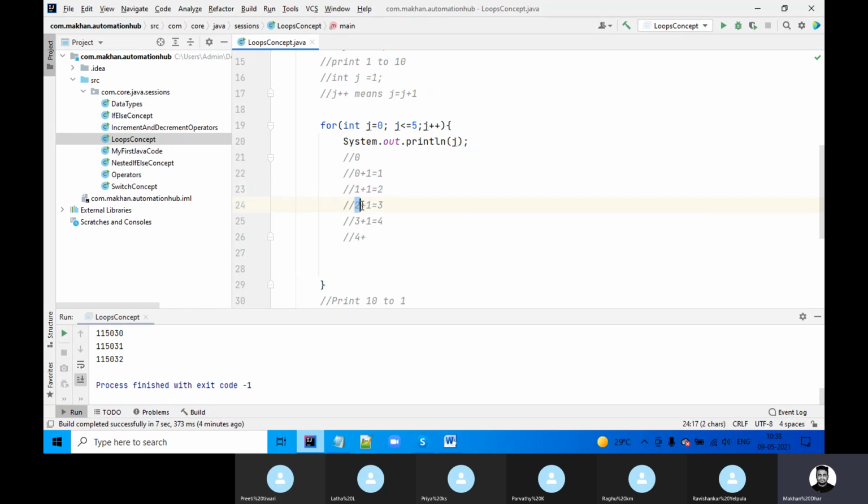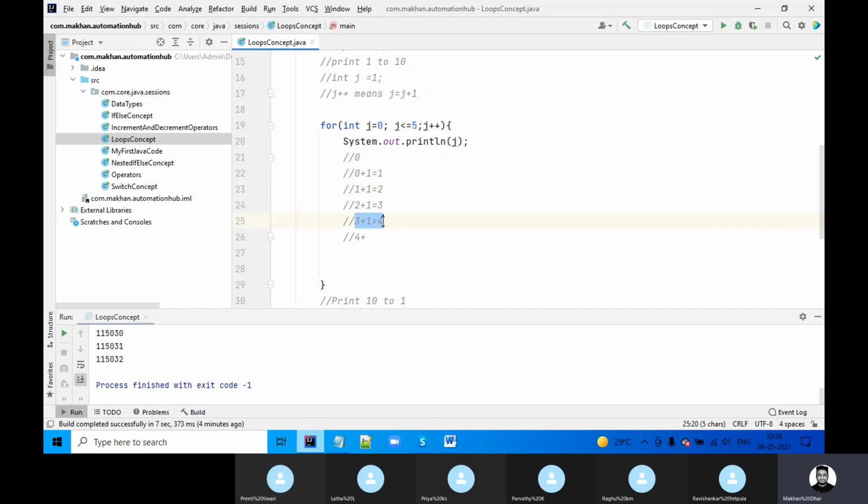Yes, then it will print the current value and it will increment plus 1, so it will become 3. And again it will check, is 3 less than 5? Yes, then it will print the current value, because we have mentioned it this way, so always it will print the current value, then it will increase by plus 1.